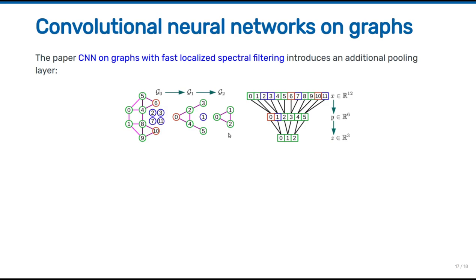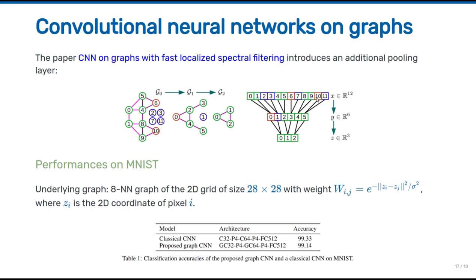So you can construct, and this is actually how it's done in the paper, you can run the clustering algorithm to construct your binary tree like that once and for all before the training. And then when you are doing inference or training, you just apply a very simple, standard max pooling for a vector in one dimension in order to get the max pooling on your graphs. Okay, so the last thing I wanted to show is